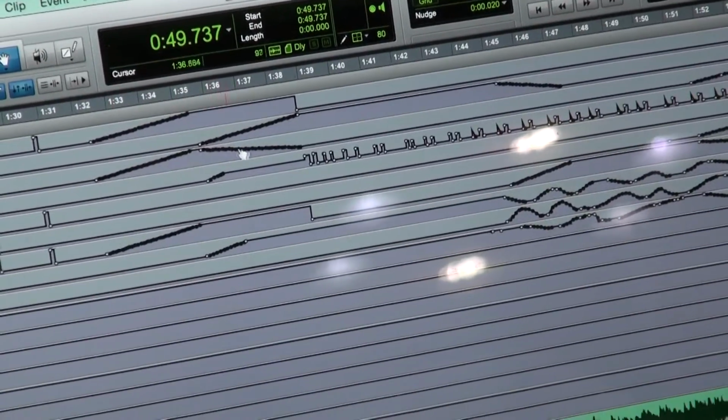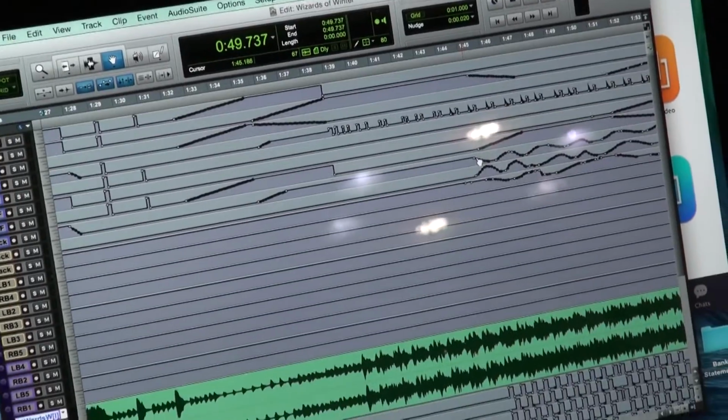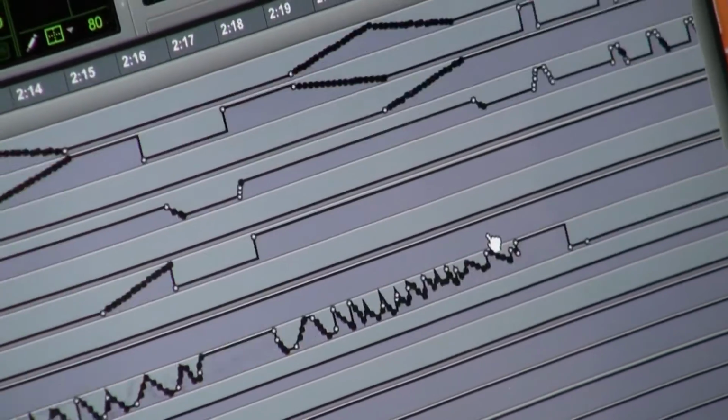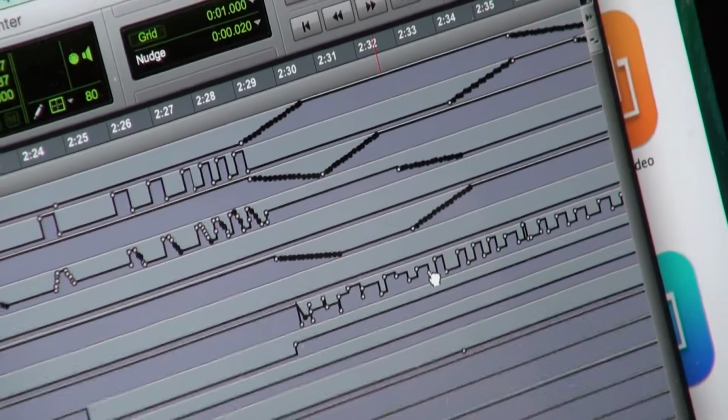We've got a fade up and down. This one over here is one of my favorites. You got a little bit of a curve going on. As you can see, this is a rather complex example, and it takes a lot of time to program this,